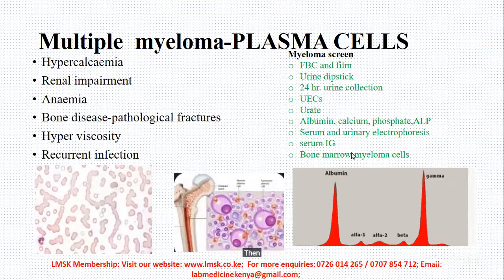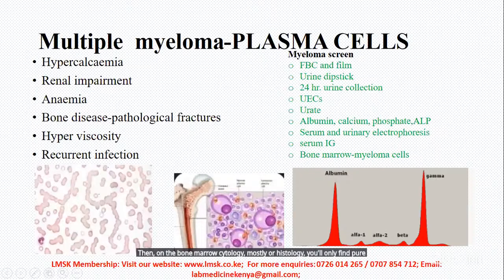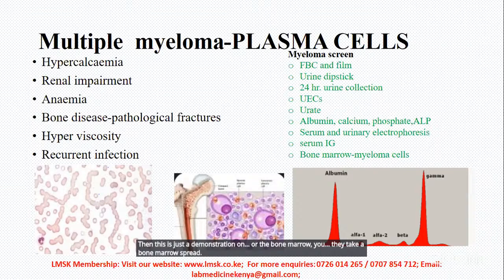Then on the bone marrow cytology, or histology, you'll find plenty of myeloma cells. And on the electrophoretic pattern, you will find very high levels of gamma proteins, as you can see from this picture. Then this is just a demonstration on the bone marrow: they take a bone marrow spread, make smears, then on the microscope, you only see